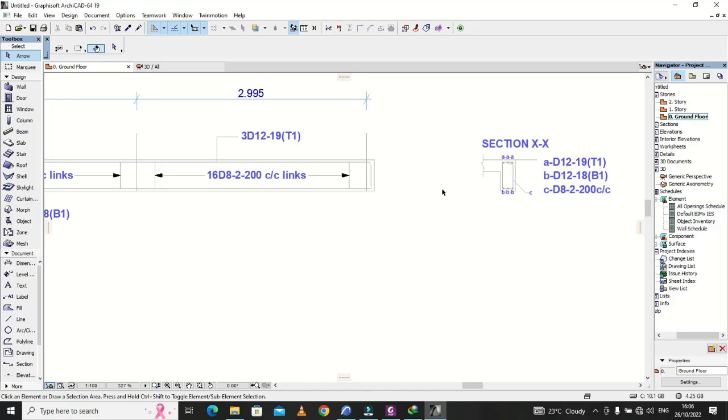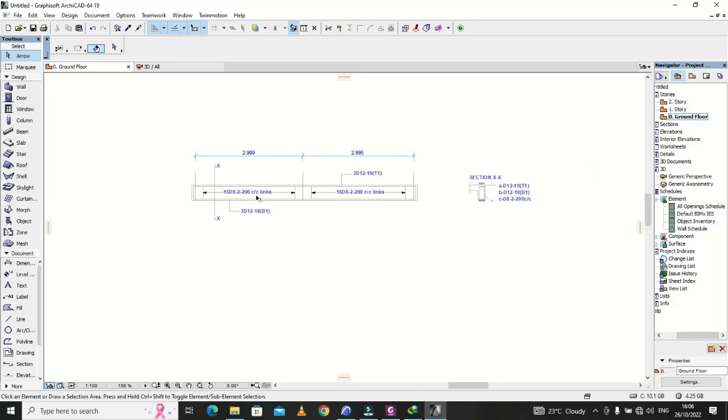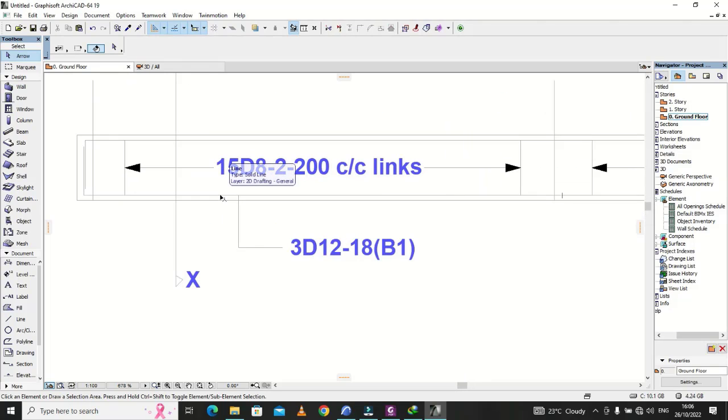So after we have already created the section, we have already drawn the beam. So the next thing that we're going now to do is to change the line weights to make other lines to become thicker to show the bars, and other ones just to be in normal